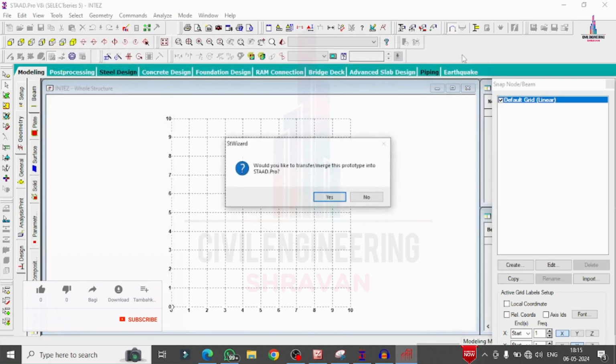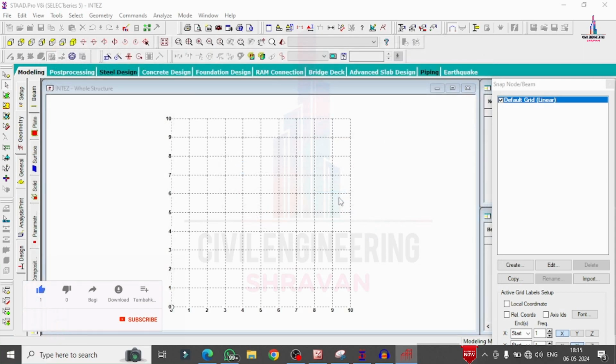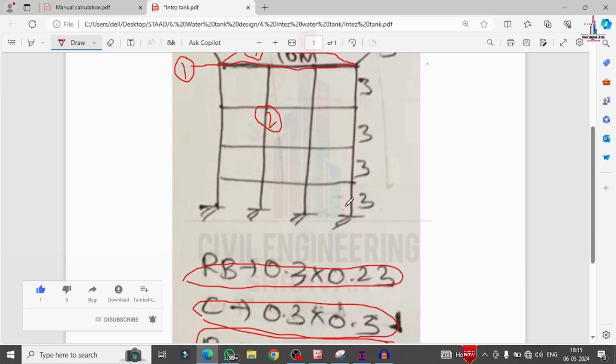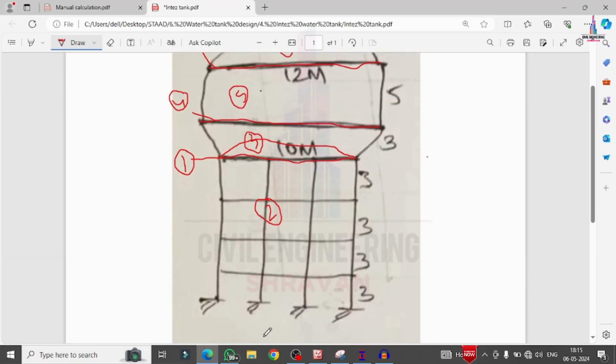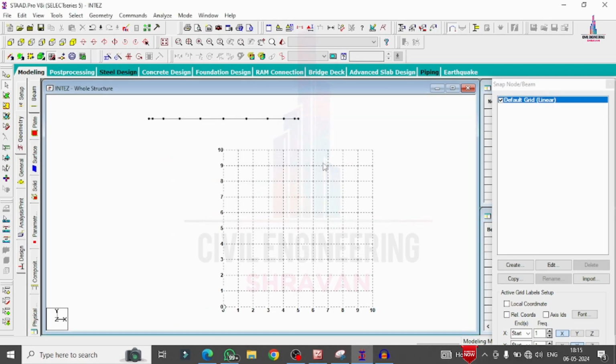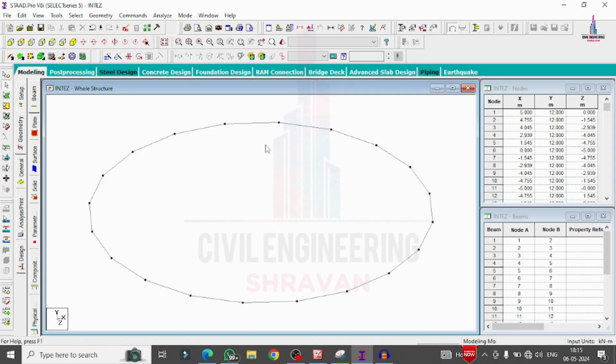So click on the cancel option here. We have to import this ring beam. Click on S option. So we have to import this ring beam up to the height of approximately 12 meter from the ground level. You can see here it is having 3 plus 3 plus 3 plus 3, which is 12 meter. So that's why we have to enter the height as 12 meter here. I am entering it. Click on OK option. Now we can see the stage bottom ring beam was created for this particular level.